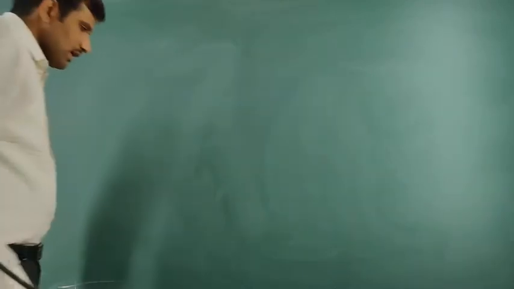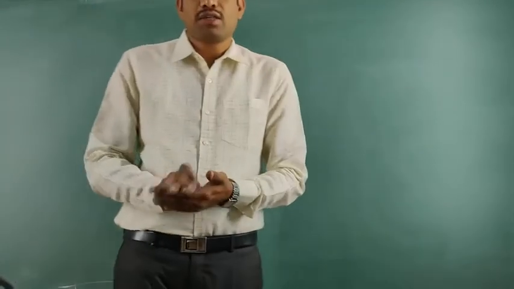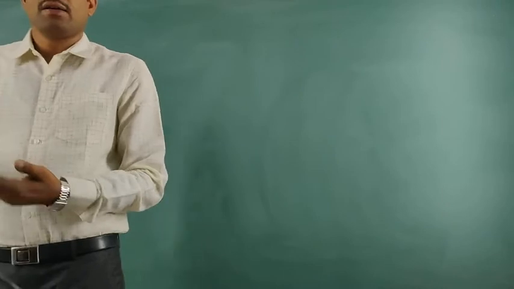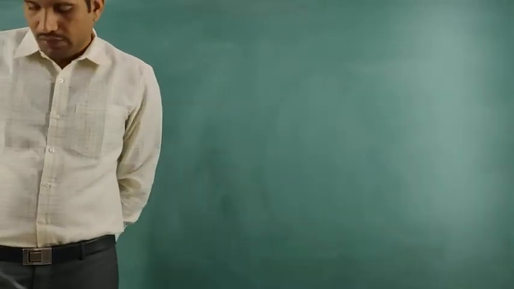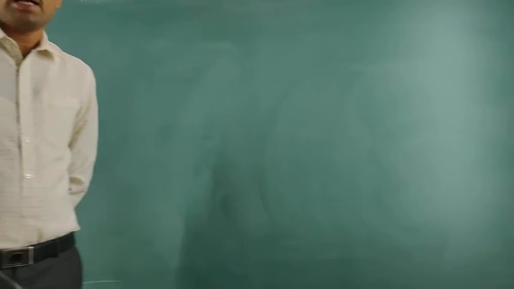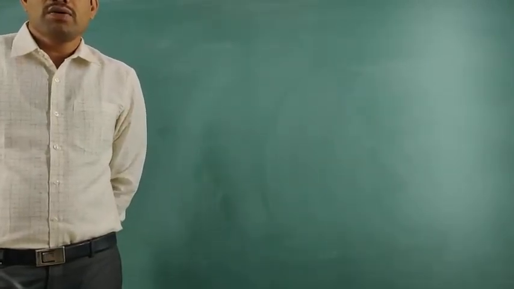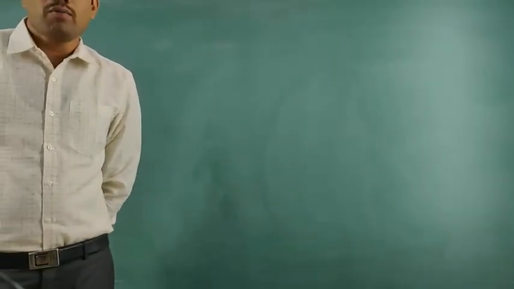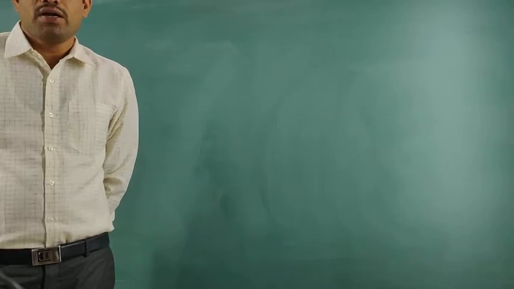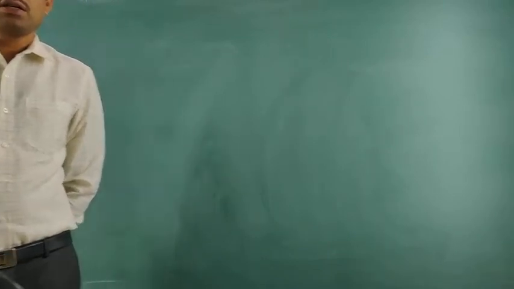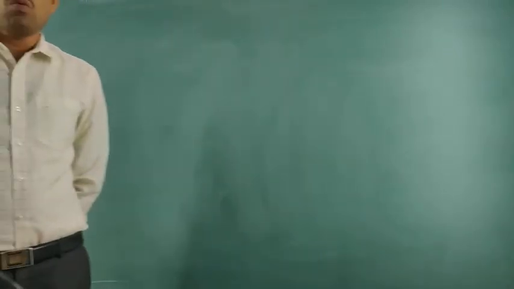Students, in the last class we have already seen what is an angle and how to measure the angle. And also we have discussed degree measurement. How do we define a degree? When one complete revolution is divided into 360 equal parts, then the angle between any two consecutive lines is 1 degree. Again, that 1 degree is divided into 60 equal parts, then the angle between any two lines is called 1 minute. Again, that 1 minute is divided into 60 equal parts, then the angle between any two lines is 1 second.